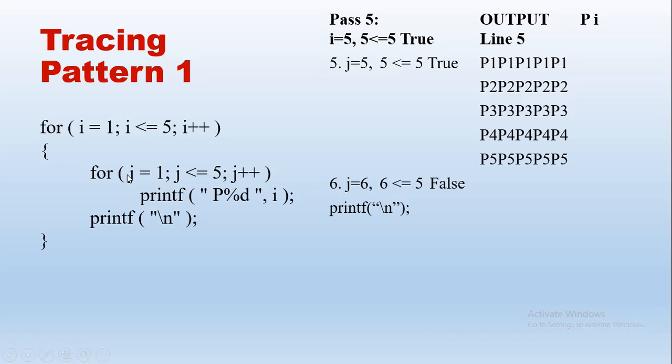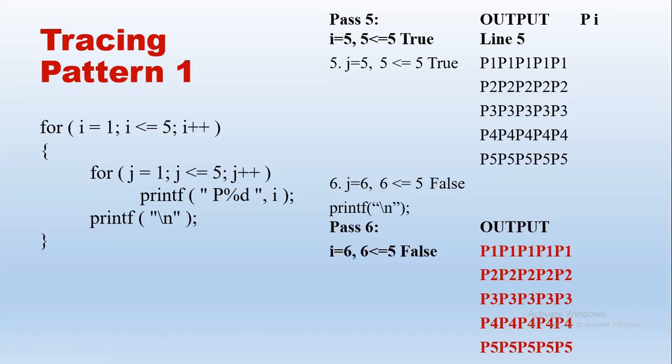So here the control comes out of the inner loop. We have a slash n, cursor comes to the next line. Now next i has to be incremented. i was 5, i should become 6. Note, we cannot stop the tracing here. Even though we have got the complete output, the control will stop only when all the conditions are false. This outer loop condition should become false. Only then it will stop. So even though we got the entire output required, we cannot stop here. Tracing has to be done completely. Okay, so the computer always traces completely. It does not know that output is there, so nothing like that. So it has to trace completely.